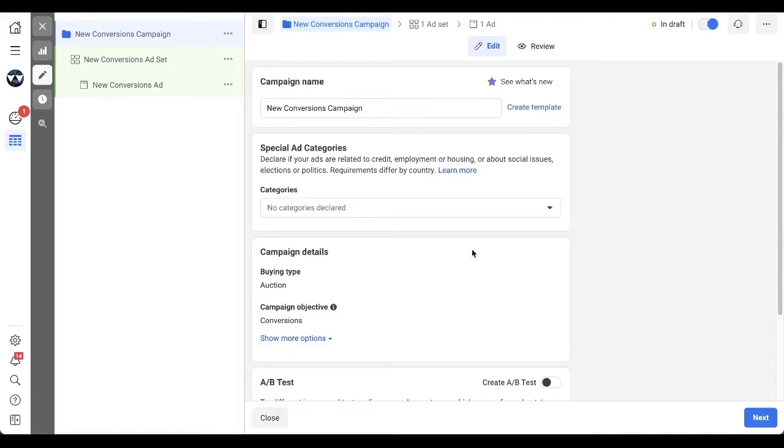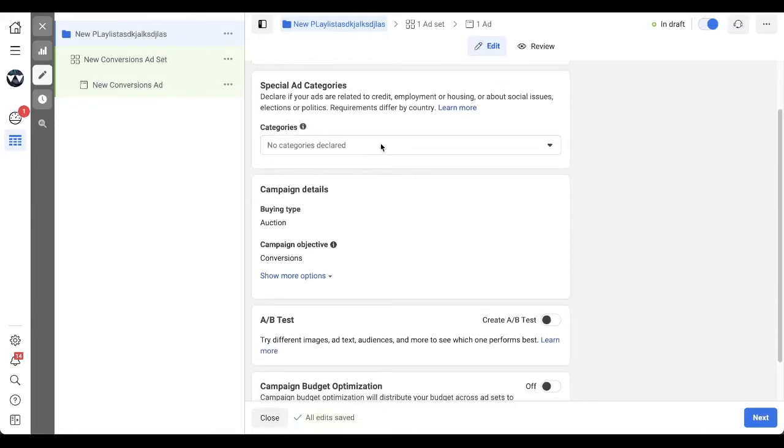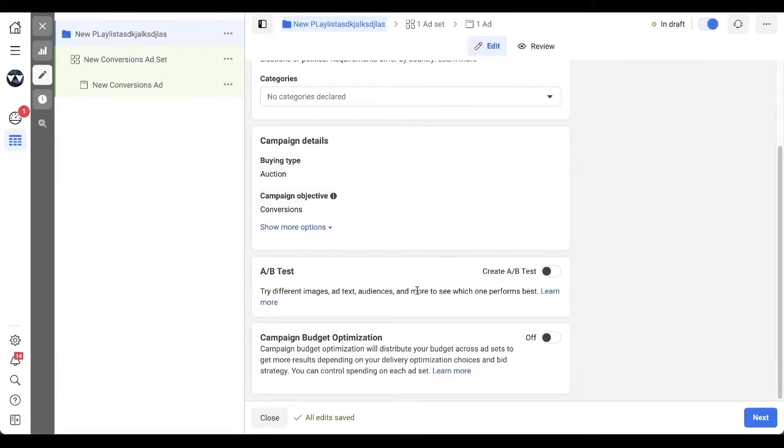Spend more money. You need to watch out for those things throughout this process. But generally, this is what you need to know. You're going to have the campaign name at the top, and you'll want to say new playlist, whatever it is. Then you're going to want to not declare any categories. That's for if you're doing weird political ads or anything like that. So you can actually scroll through, and you're going to want to leave A/B test off and campaign budget